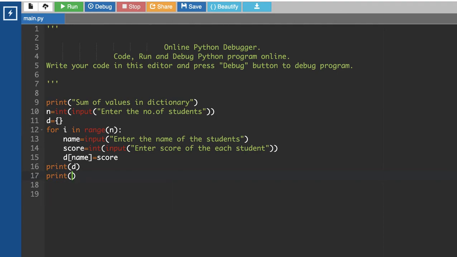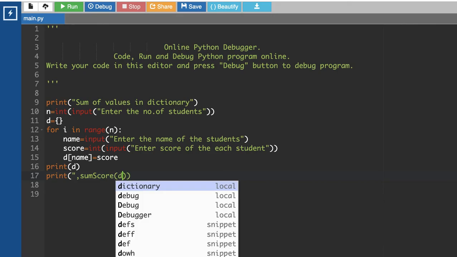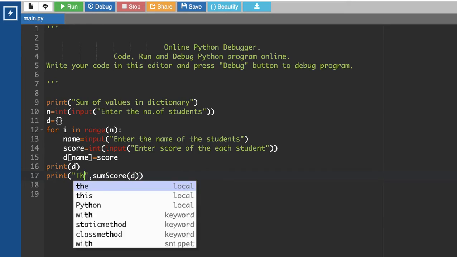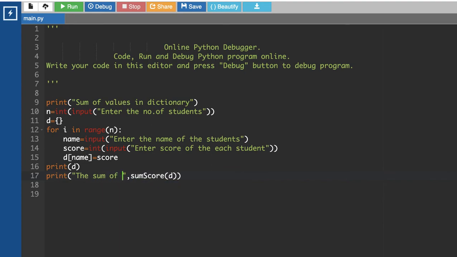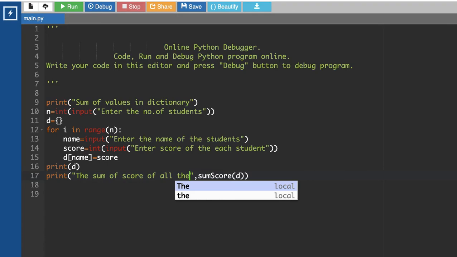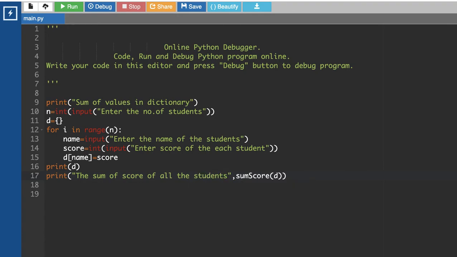Now next I am going to find the sum of the scores. For that I call the function sum of score, and there I pass the dictionary as the argument. Before that I give the text, sum of score of all the students is.